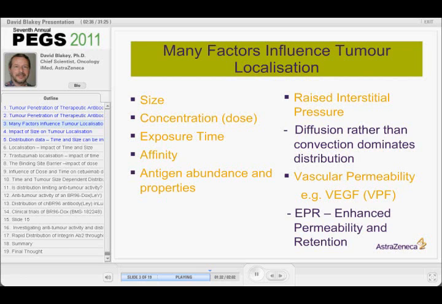And that leads to non-targeted uptake of macromolecules, including nanoparticle delivery into the tumours, and can also lead to non-specific uptake of antibodies, as Dave's already mentioned. So if you just inject a non-targeted antibody, you'll see some degree of selective uptake in the tumour, and that data has been published by many different people. So it is important, if you're doing experimental studies, to include a control antibody.